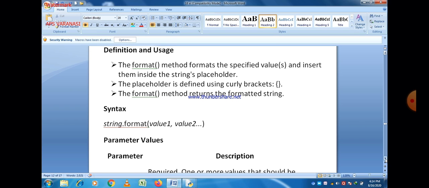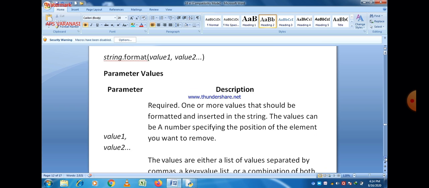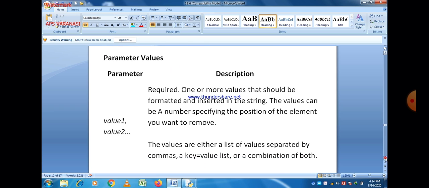Here two values are given, so these are the parameter values. In the previous example we took only one value here. These are value1 and value2, and they are required.